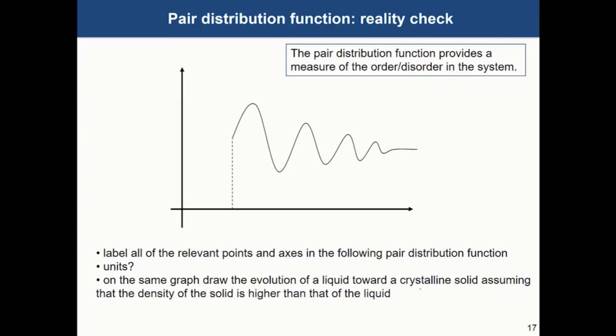You might want to do this at the recitation, but it's basically telling you to label everything, to reconsider whatever we just talked about once more, and try to think about how this function would change if you, for example, heat or cool the material, right? So if this was a glass material,